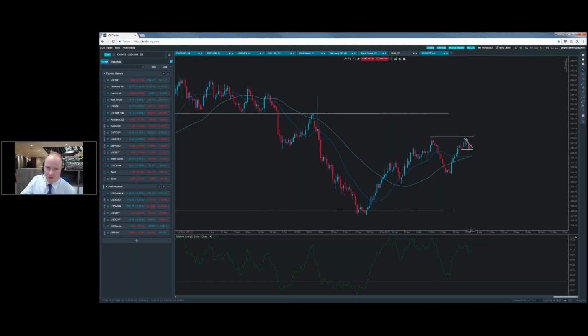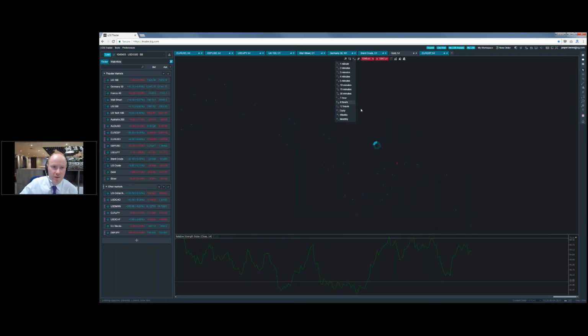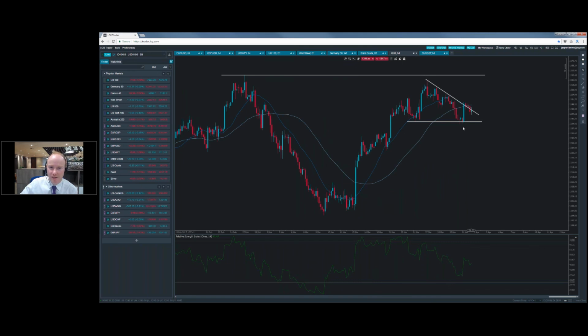We obviously fell short of this resistance up here, came back, tested our support. So are we going to break to the top side and move up again, or are we breaking lower? Given that stock markets seem to be recovering and moving along higher with oil prices, maybe gold is about to break to the downside. I've just got a sense that we're breaking down, but I would say there isn't actually the confirmation to tell us it's happening just yet.